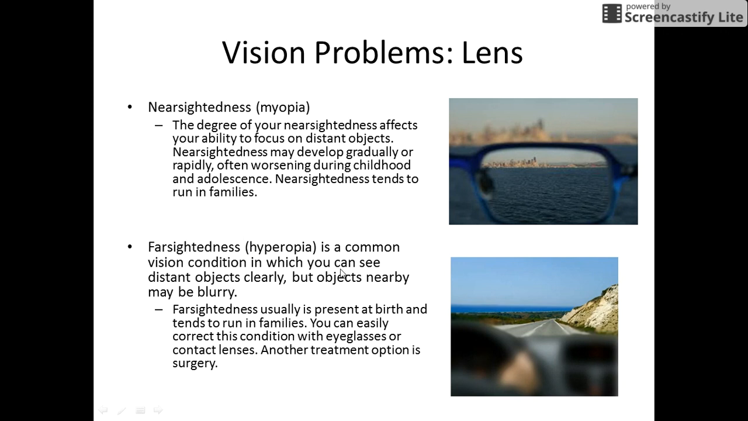Okay. Farsighted, on the other hand, is hyperopia, a common vision condition in which you see the distance very clearly, but you can't see close up. Farsighted usually is present at birth and tends to run in families. Usually it's easy to correct with eyeglasses and contact lenses. Another option a lot of people get is surgery. Okay, so farsighted is where you have trouble seeing up close, and nearsighted is where you have problems seeing far away, which you would think would be the flip or the opposite. Okay, so make sure that you go